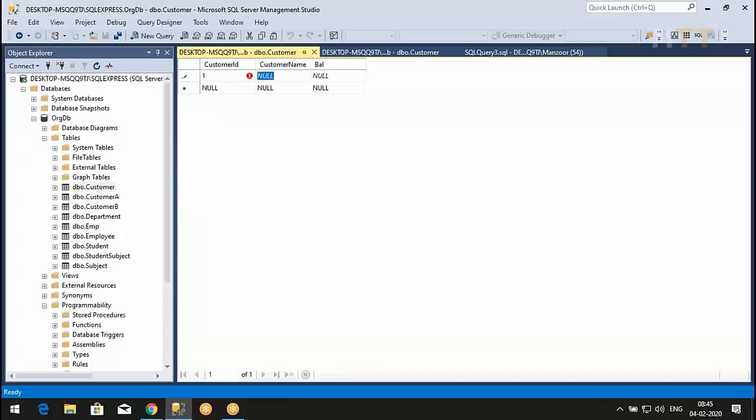Customer ID 1, our favorite Peter. Then I'll go for 10,000. One of my students, who is working in some organization, was testing the application and he was using Peter, Tom, Jack, Lily, all the employees. They asked, why are you using these names, and from where did you get them? So he learned from Manzoor the trainer. Whoever learned from Manzoor the trainer will use all these names for testing. Second is Jack, $8,000.